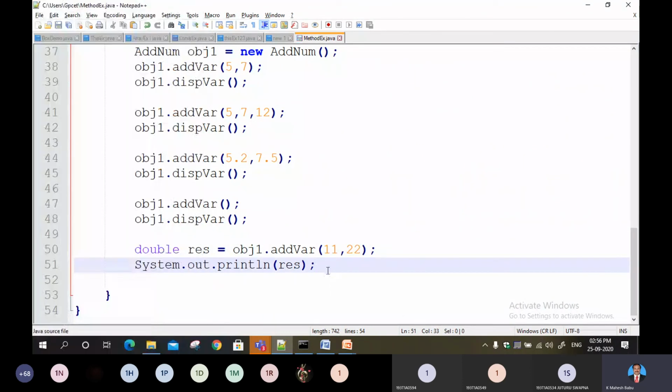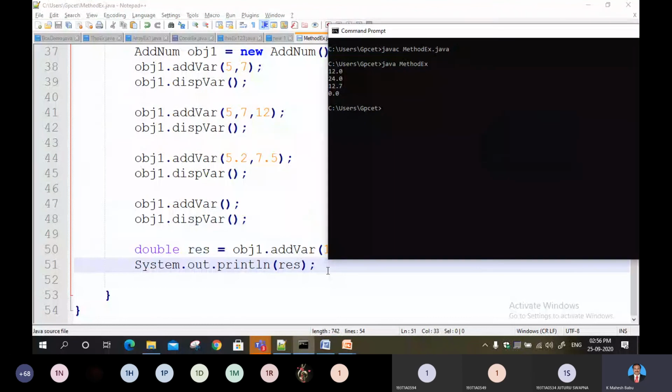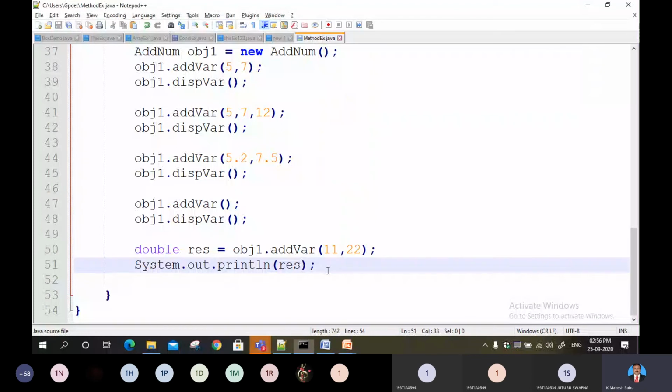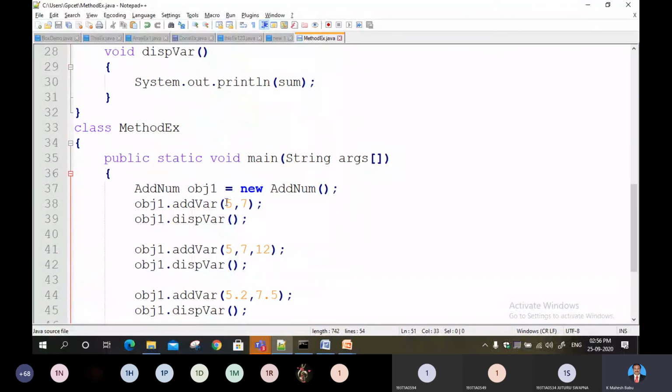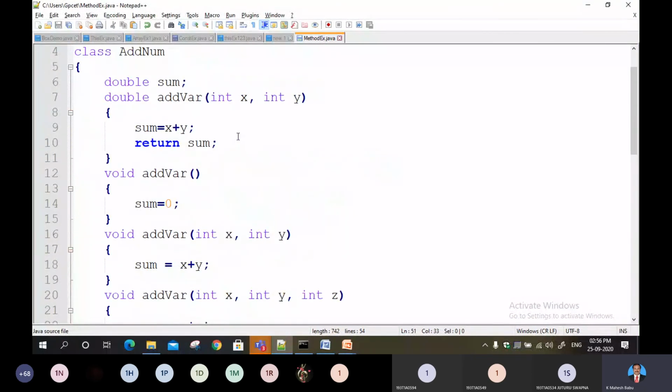I'll execute the same code. Compile the code. The class is already defined with the same name. Okay, I'll make a little modification for this.